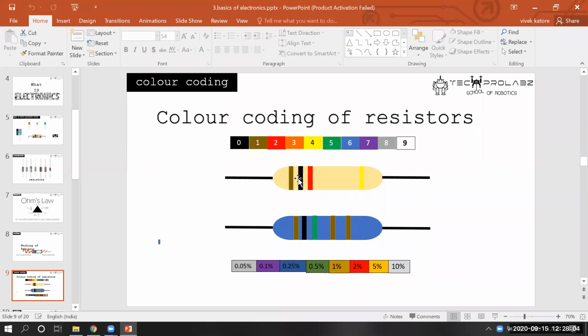This is 102. And the colors over here show us the accuracy band. Basically, if some resistor is saying that it is 100 ohm, it cannot actually be exactly 100 ohm. Nothing is perfect, right? So it is showing us the accuracy, that the resistor has 5 plus minus 5%.